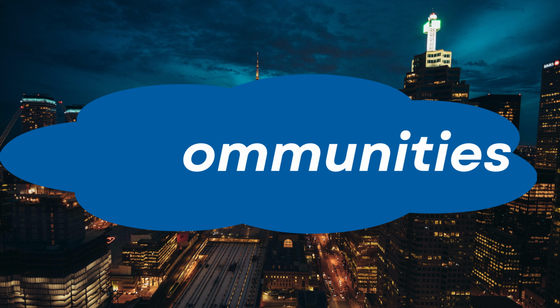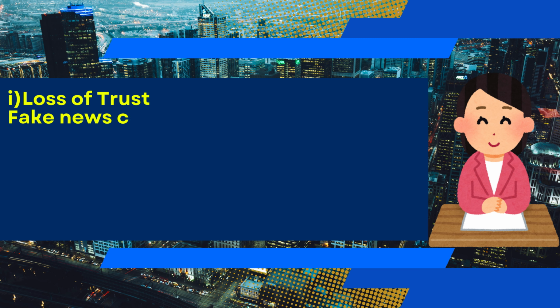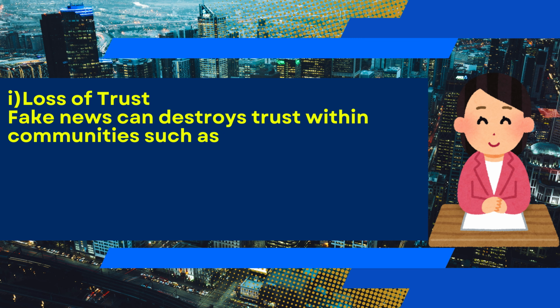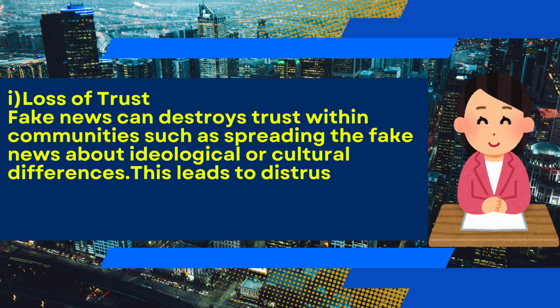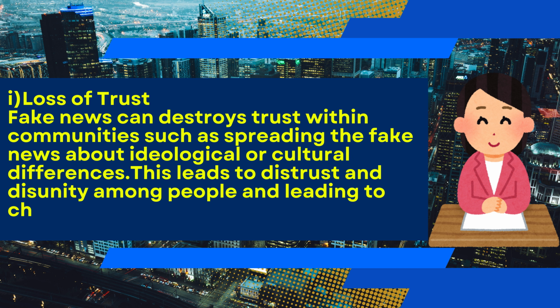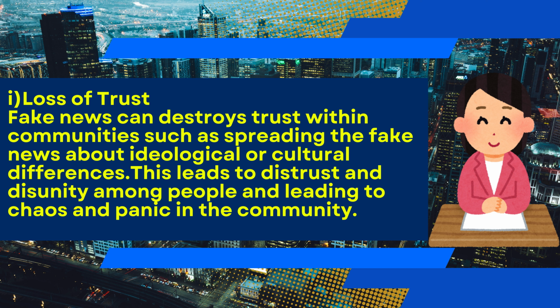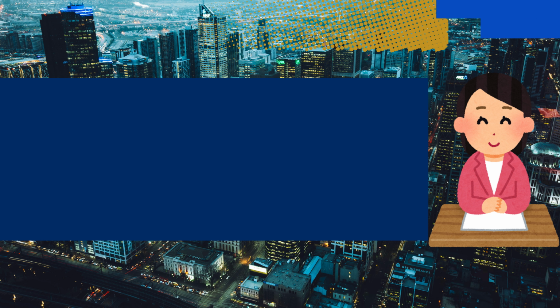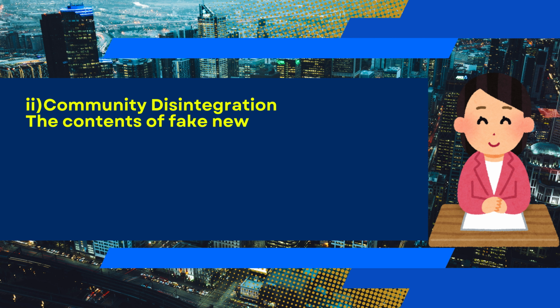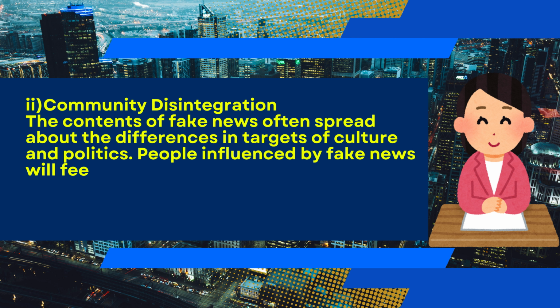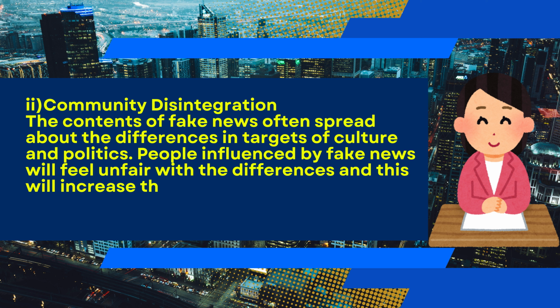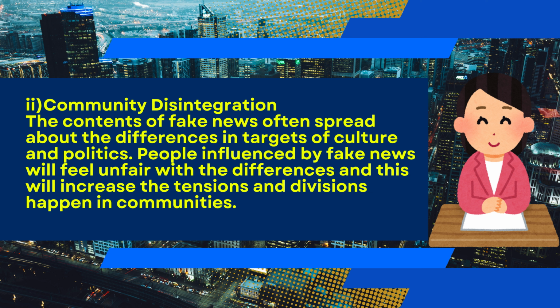On communities. First, loss of trust. Fake news can destroy trust within communities, such as spreading fake news about ideological or cultural differences. This leads to distrust and disunity among people, leading to chaos and panic in the community. Second, community disintegration. The contents of fake news often spread about the differences in targets of culture and politics. People influenced by fake news will feel unfair with the differences, and this will increase the tensions and divisions happening